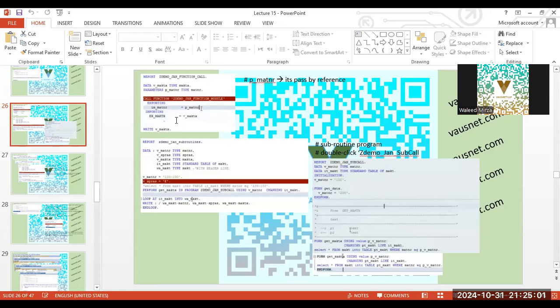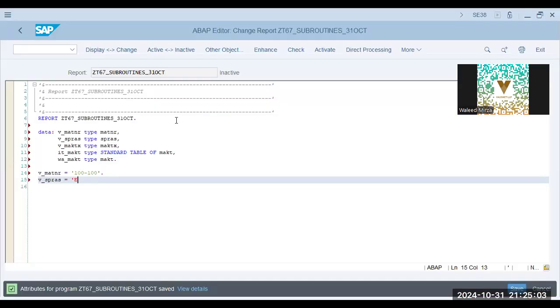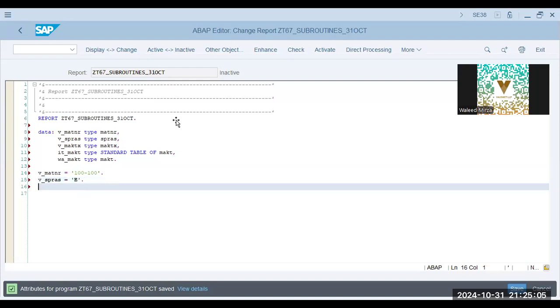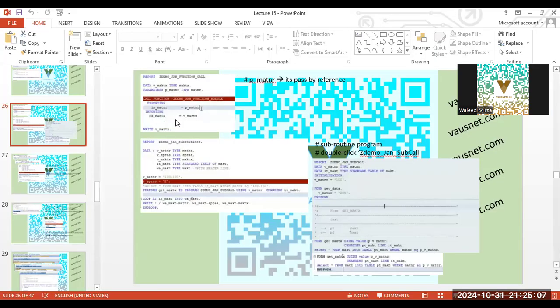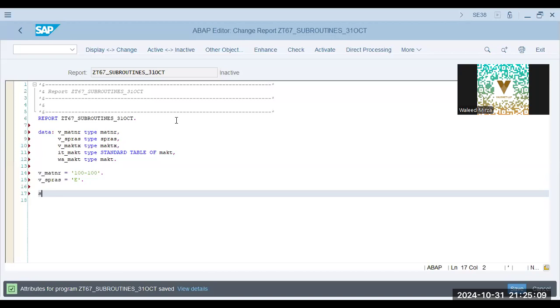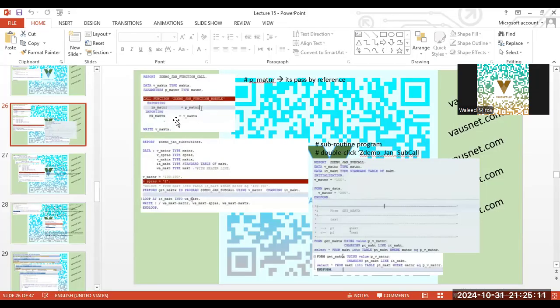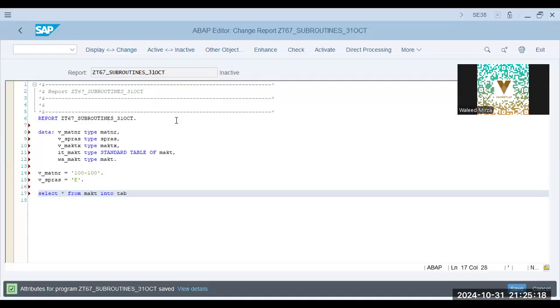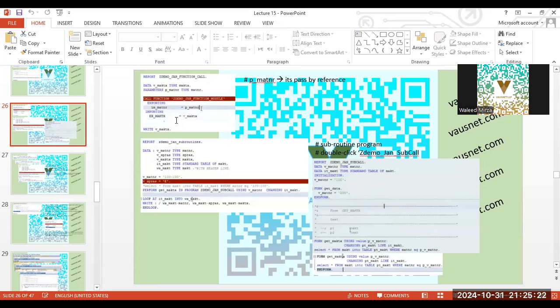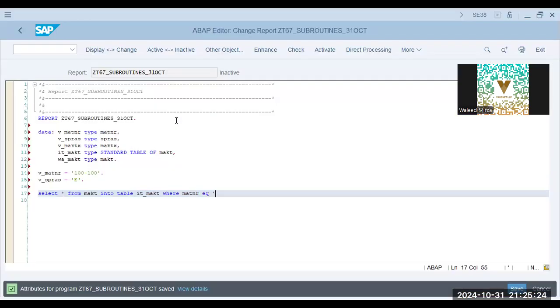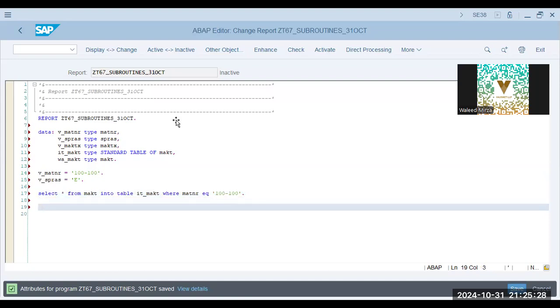v_subrc equals. Select from MAKT into table it_mat where matnr equals 100. Okay,